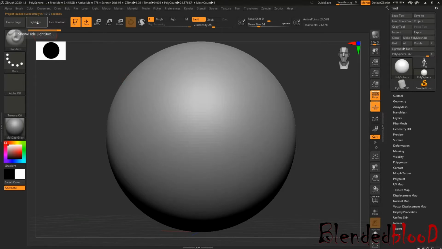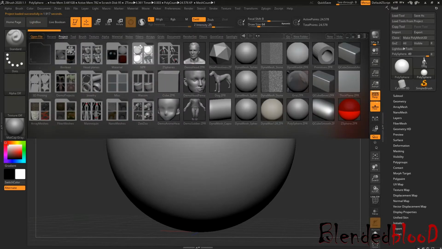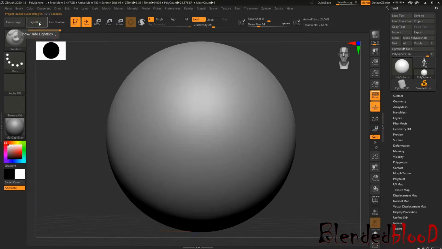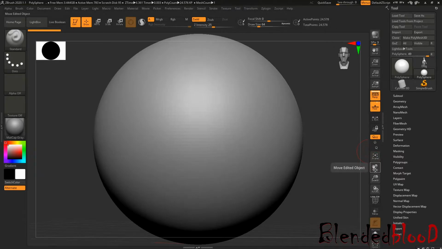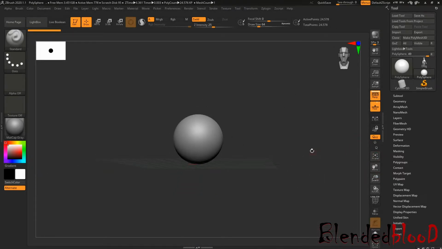If you click on Lightbox, this option will appear, and if you click again on Lightbox, that option will disappear. Okay, now if you click on frame, this will zoom your model. For example, if you are working in Maya and you press F, your model will pop out, very much zoomed in, right?